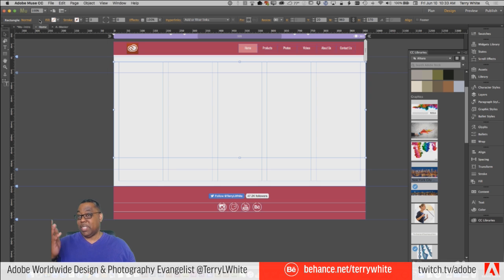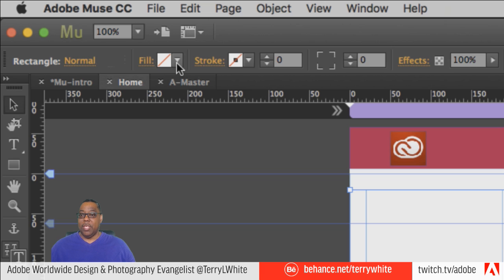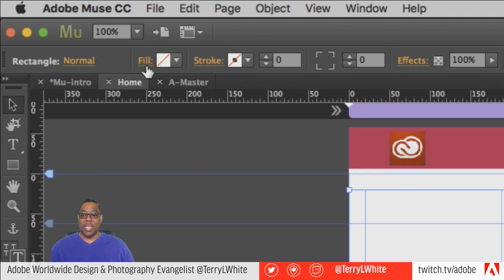This is something else I should point out before we actually grab the image. Whenever you see the tools up here on the control panel, you'll notice that this one has a link under it, and this one has a drop down, and it's all fill. And you're thinking, well, that's all the same thing, right? It's not. Just like stroke, and it has a drop down; effects, and it has a pop out; and hyperlinks kind of works the same way. There's a hyperlink button, and it has a drop down. Whenever you see a link and a drop down, those are two different things. So let me explain the difference.